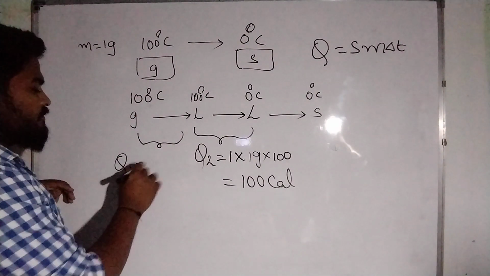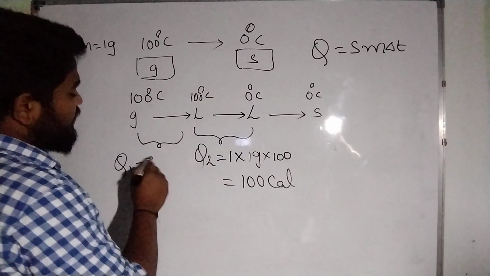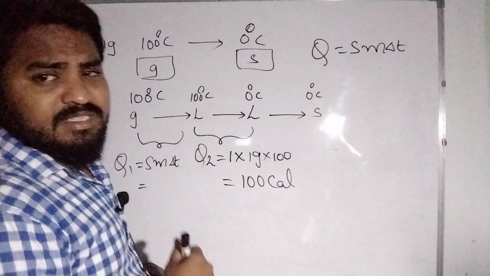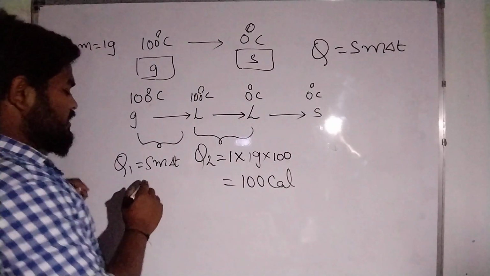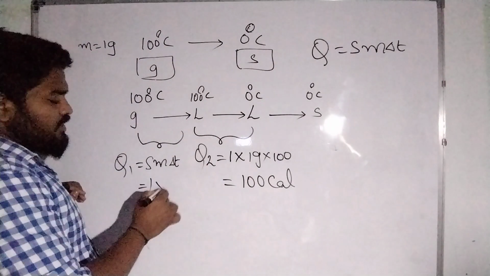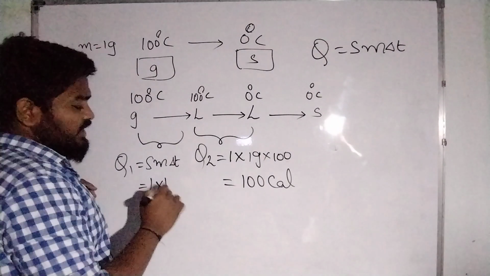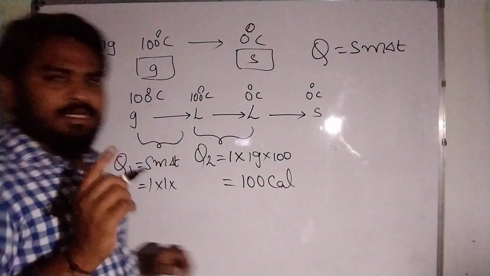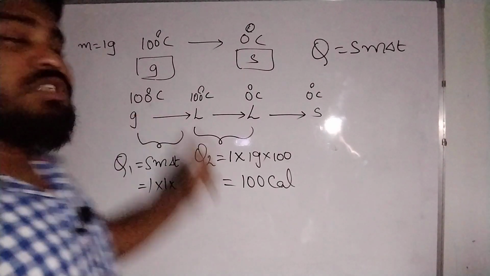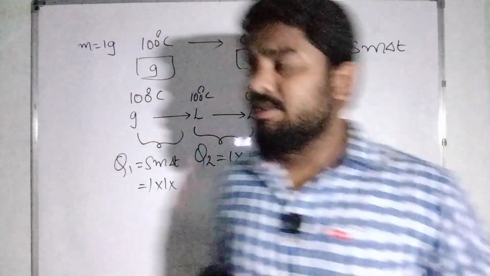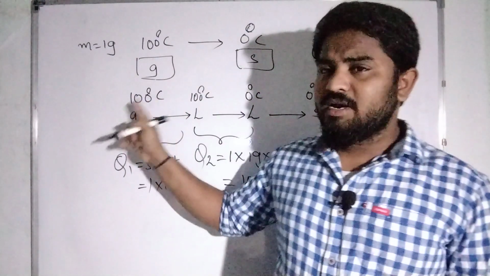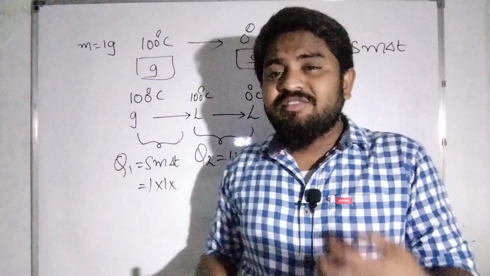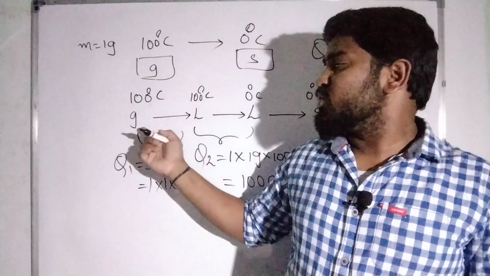Q1. If you use the same formula, S m delta T, right? So 100 degrees Celsius in the sense of water vapor, right? The specific heat of the water vapor, let us imagine one, and the mass is 1 gram, and the change in temperature. Here you must remember that there is no change in the temperature, right? The temperature of the substance is constant from 100 degrees Celsius to 100 degrees Celsius. But what is happening here? The energy is utilizing to